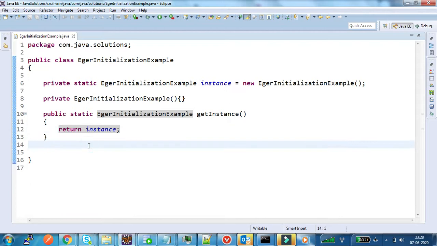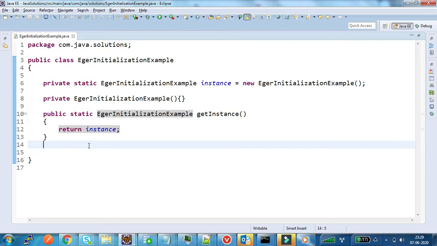But this approach has one drawback. We are creating the instance of the class even though the client application might not be using it. So this approach is useful when the singleton class is not using many resources. But in most scenarios, singleton classes are created for resources like the file system and database connections.